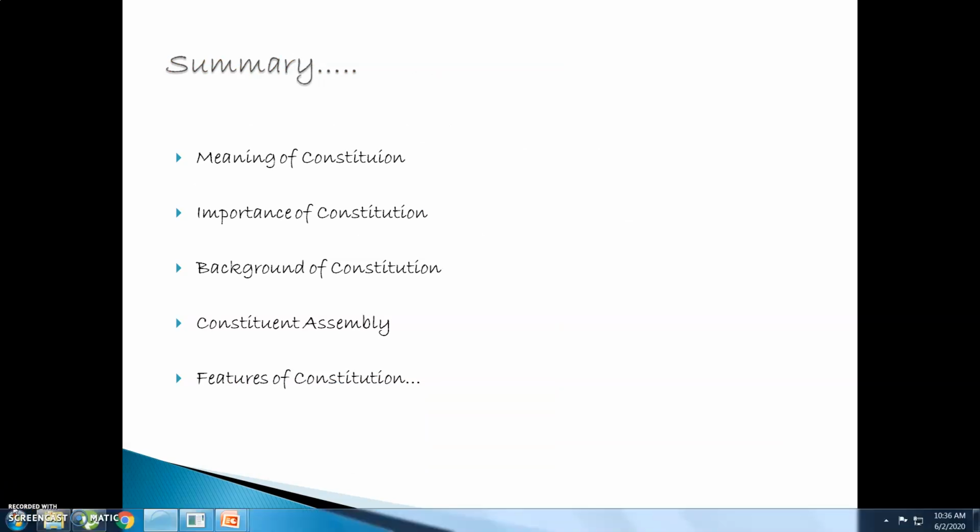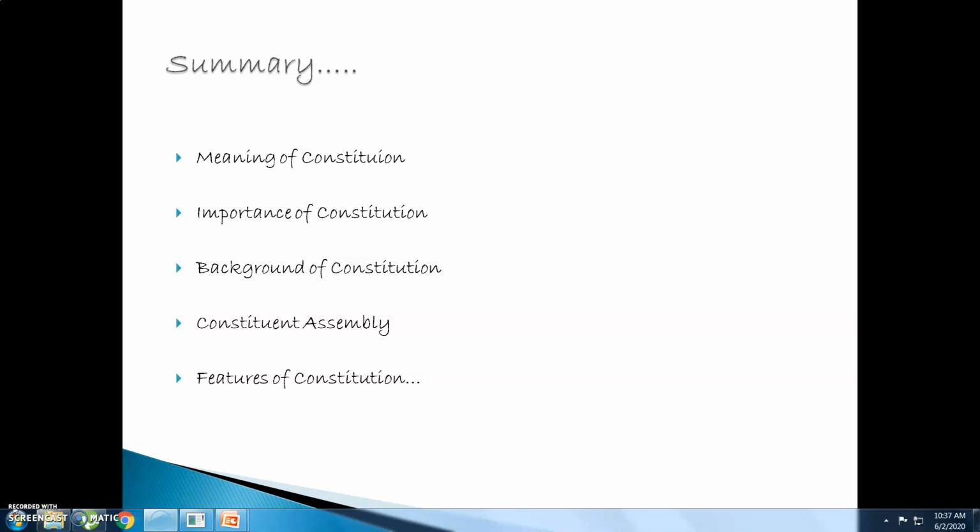Let's summarize what we have learned. We have learned the meaning of Constitution. All of us have school calendars with us. School calendars include all the details of your school, all your rules, all your laws, whatever you have to know regarding your school is kept in the book called the calendar for the school. Similarly, a book which contains all the rules, all the laws, all the human rights, all the information of the country of India is termed as Constitution.